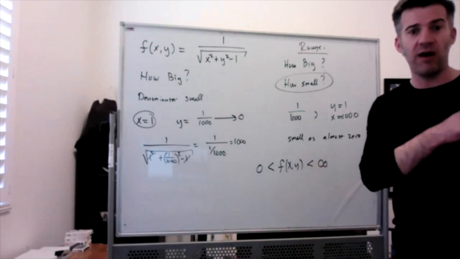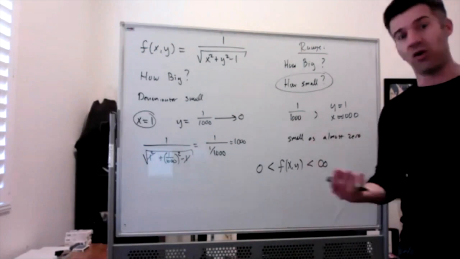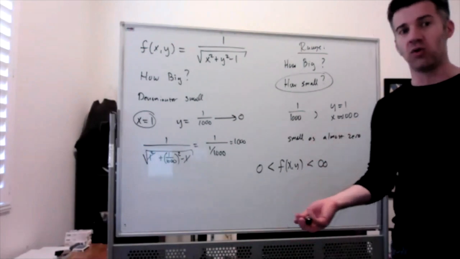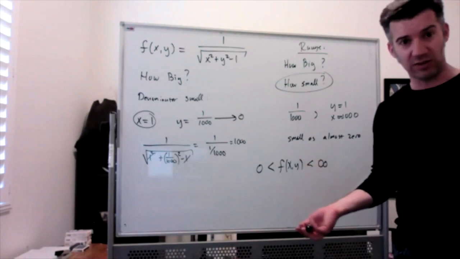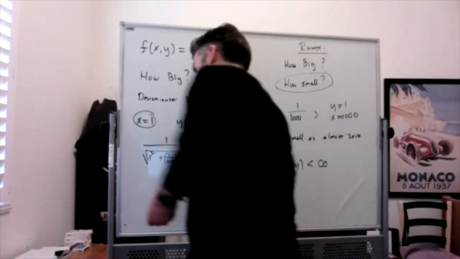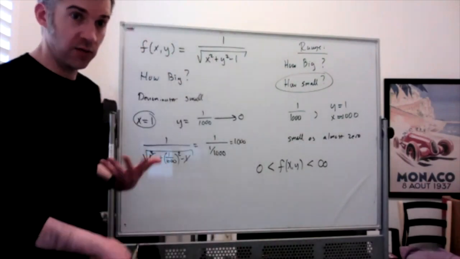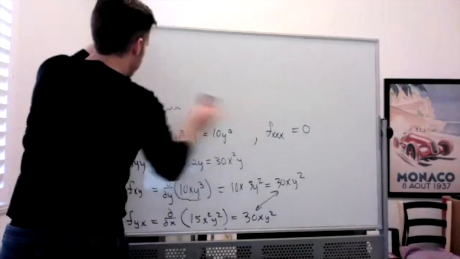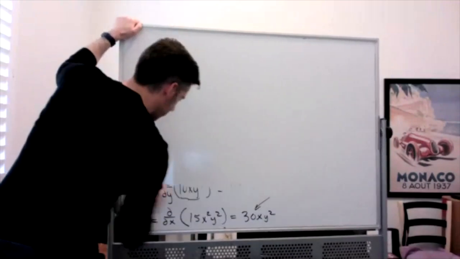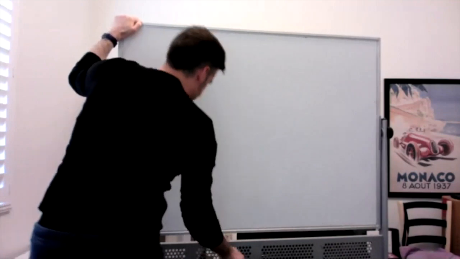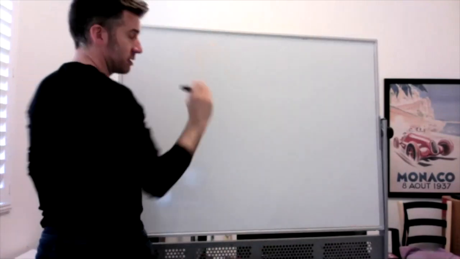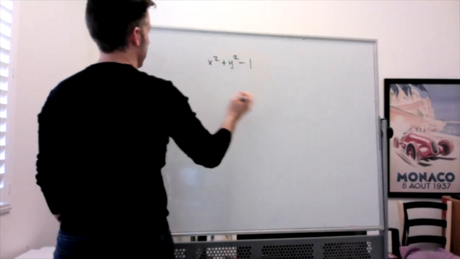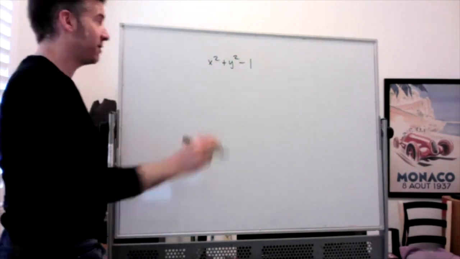You ask yourself, how small can I make my expression? How large can I make my expression? And it works kind of depending on how good you are at saying those things to yourself and really answering those questions. A more methodical way of doing it would be the following. We know that we have this condition. We know that x squared plus y squared minus 1 because of the domain. So when I'm asking about range,